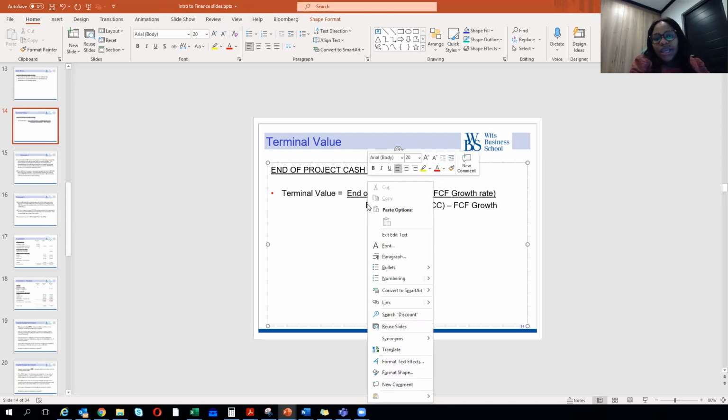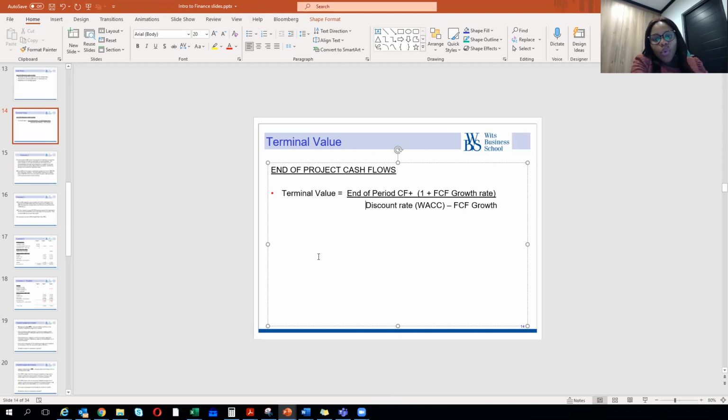And then you're going to take your discount rate or your WACC less your free cash flow growth. That will then represent the terminal value that you then need to add to your present value to reflect all those cash flows